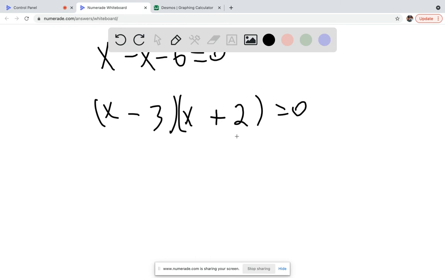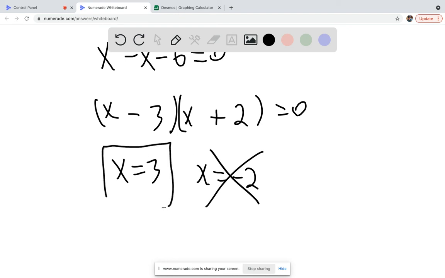That would imply that either x minus 3 is equal to 0, which would imply that x is equal to 3, or that x plus 2 is equal to 0, which would imply that x would be equal to negative 2. So for this equation, we have two values of x that both satisfy this equation, but wait a minute, this has to satisfy the original equation, which is a log equation, and the argument of a log cannot be negative. So here, we can go ahead and discard the negative result here, because negative numbers do not have real number logarithms. So therefore, we can discard the negative result, and the only answer to this is going to be